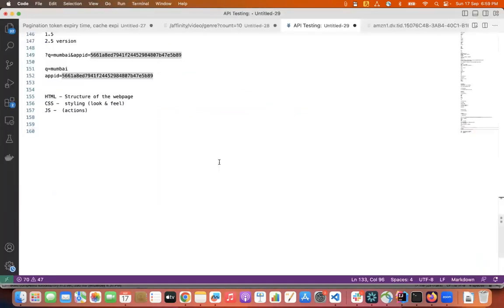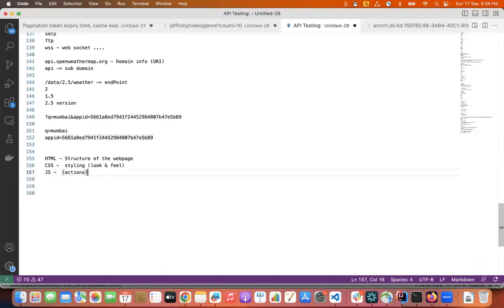So again, continuing, we saw the different types of data. The request can be of a few types, and a response can be of a few types. It doesn't have to be in JSON format; it can be an XML response, it can be HTML, as we saw. It can be text, it can be an image, it can even be a video format. If you go to Postman,